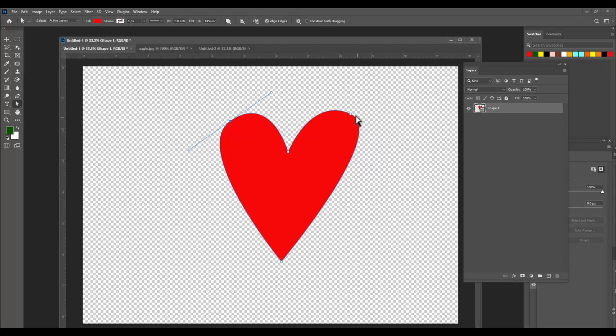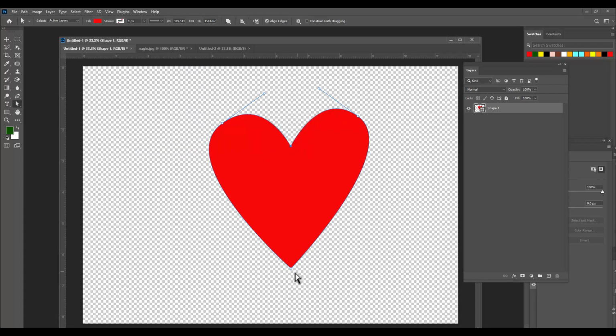So something like this. So this is something we need to remember. Once the direct selection tool is active, we can just drag these points and adjust the shape properly. So here we are adjusting the shape properly. Now we have adjusted the shape, and if we want to give some colors, or let's say gradient